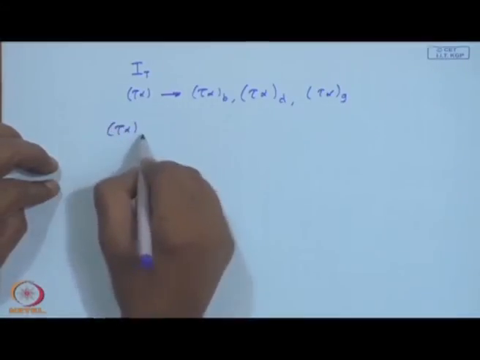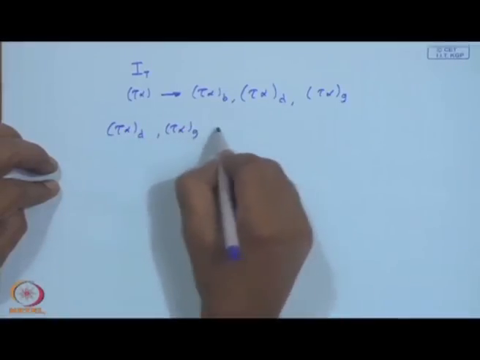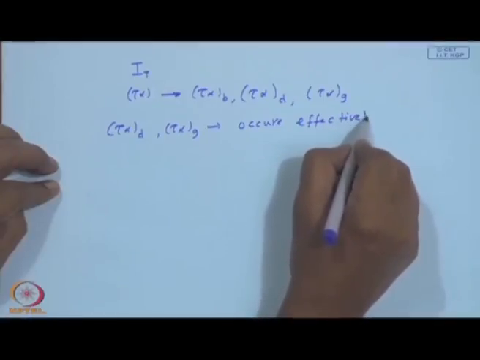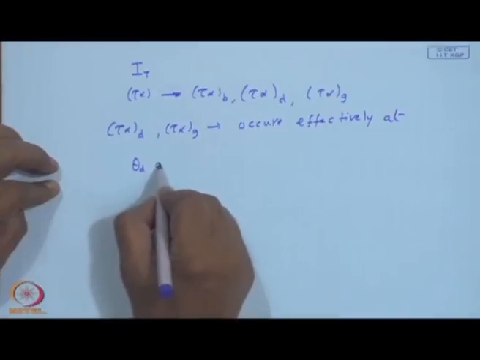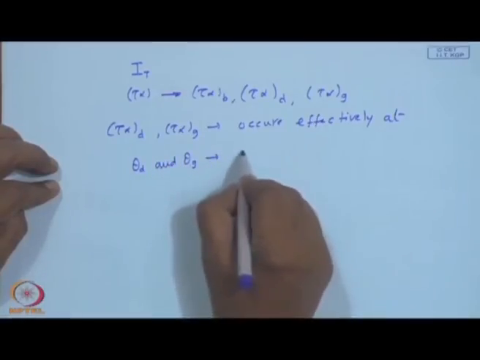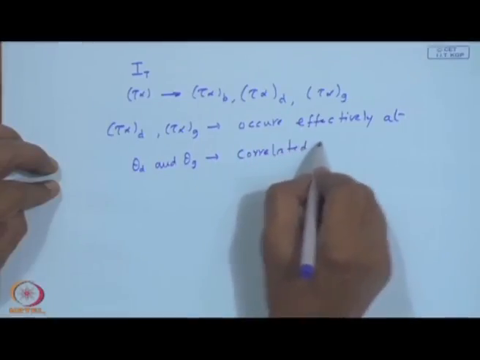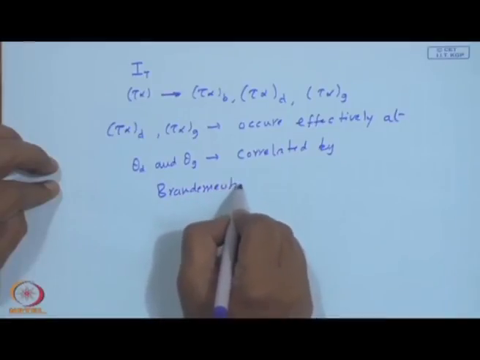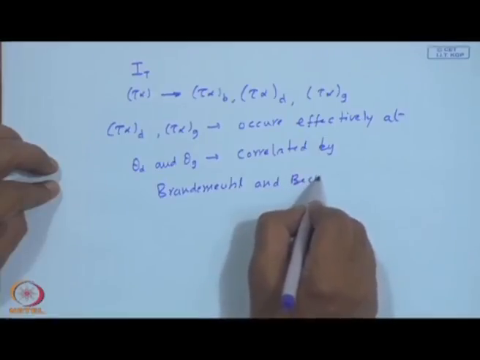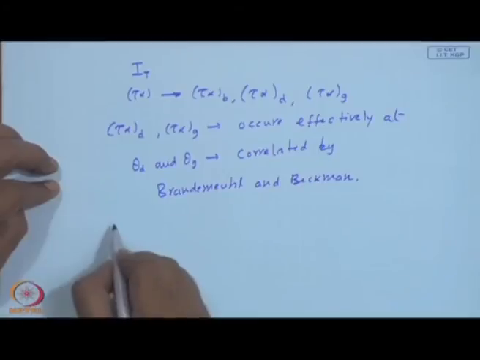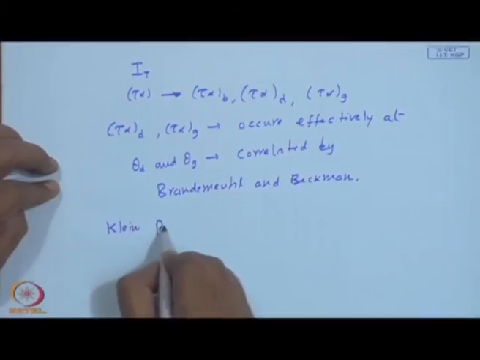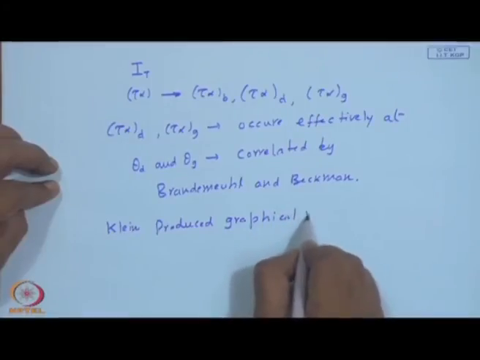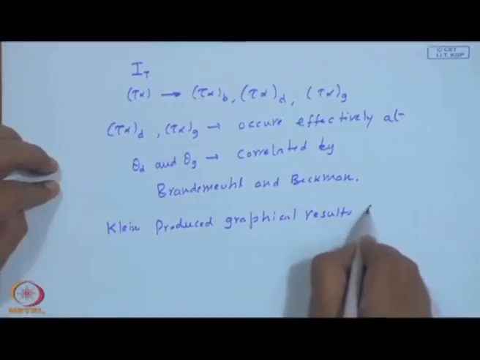This tau alpha d and tau alpha g occur effectively at theta d and theta g, correlated by Brandmühl and Beckmann. Klein produced graphical results for